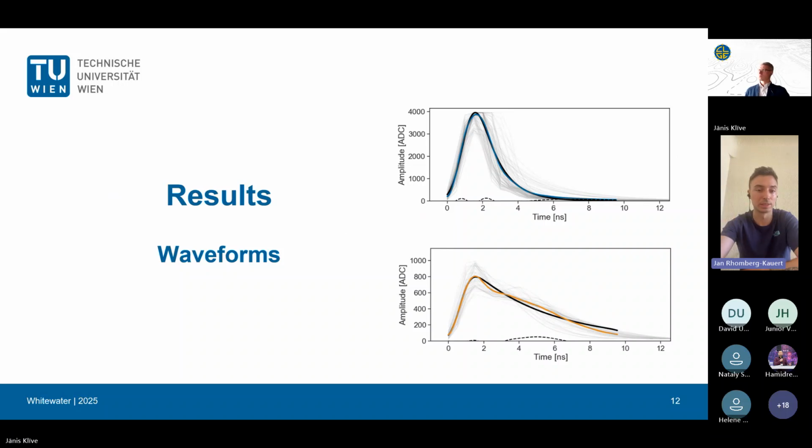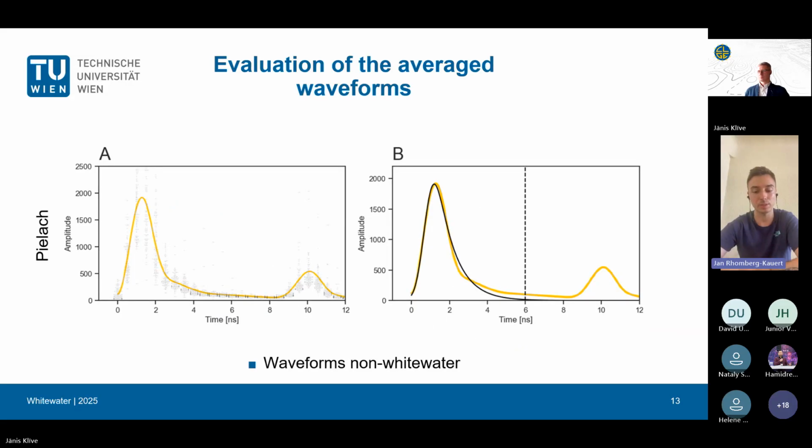And now going to the results, we have the recorded waveforms average, and as you can see here already for the block ramp, high amplitude waveform, it fits quite well, but for the low amplitude waveforms, we see there is a residual and there's something left in remaining energy in this average waveform. So we want to analyze these peaks, but first we look at the standard waveform again for the Pilaf River